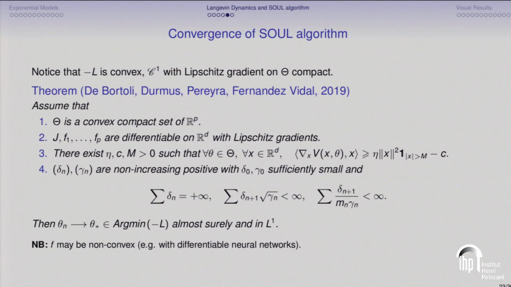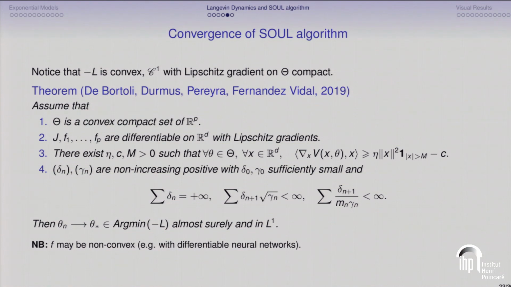And you also need, as in Gerson's talk, some hypothesis on the step sizes and the number of Langevin steps. And again, as Gerson said, you have to make a compromise with the number of Langevin steps that you make and the decreasing of gamma n. So yeah, now you can take a picture of this, but I hope I didn't make any error in this slide. You would tell me, Anna, afterwards, right? And I would tell the room tomorrow.